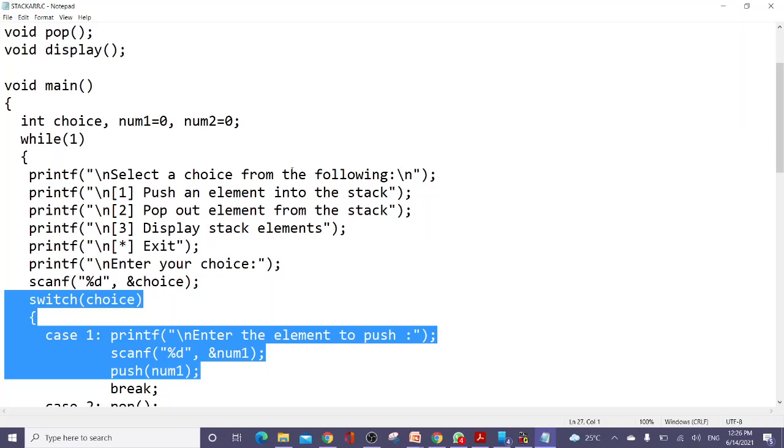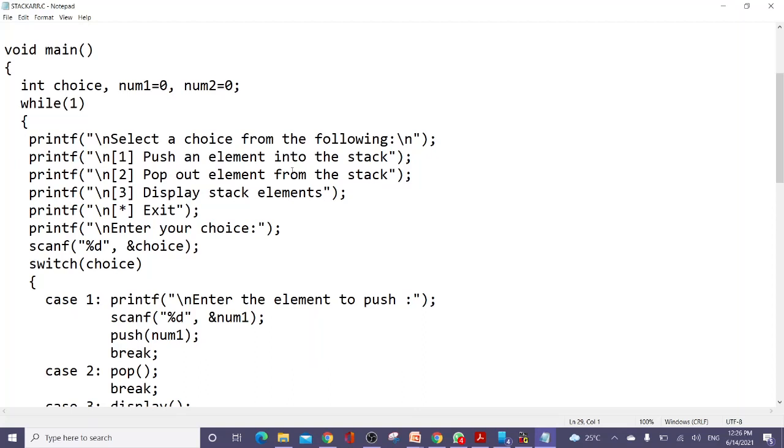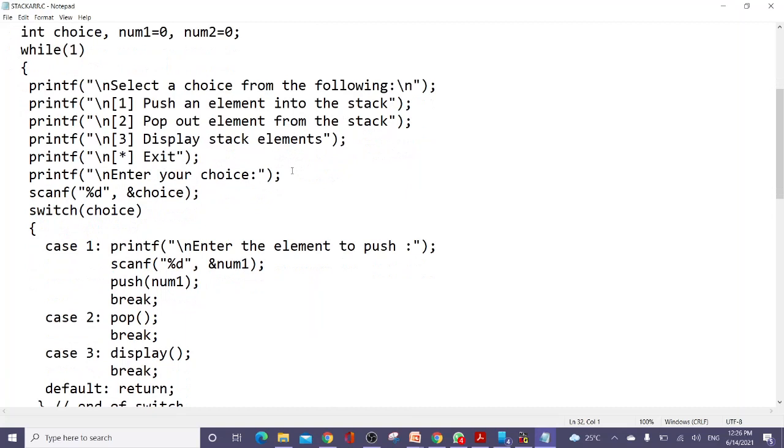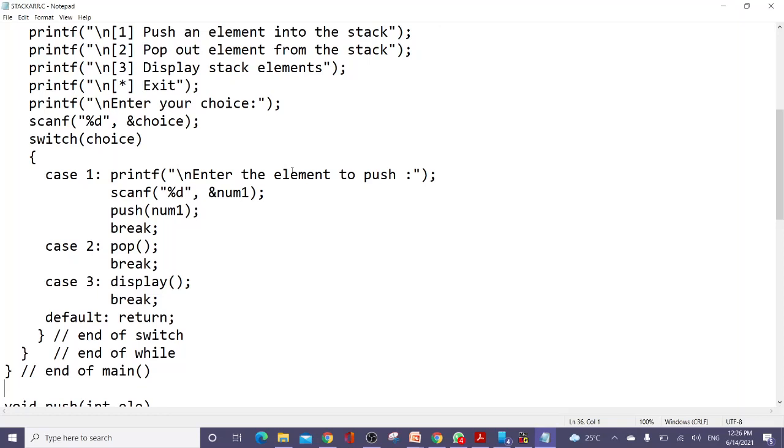In the push function, you check whether top is reaching the maximum -1. If it is, then you can stop. If it is not, you can insert and come back. If the case is 2, you just call pop. If the case is 3, you just display. If the case is other than 1, 2, 3, just return from the main function. Main function means exit from the program. So end of the loop, end of the main.